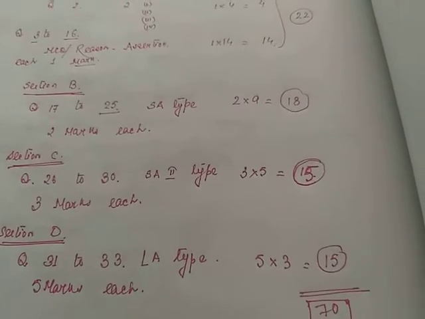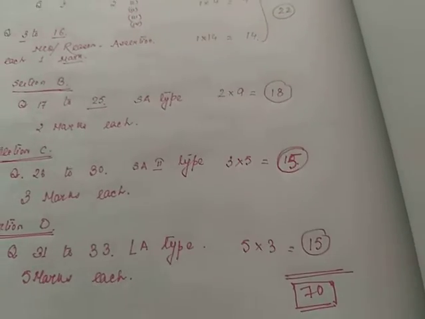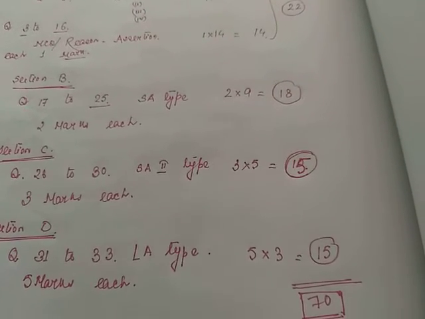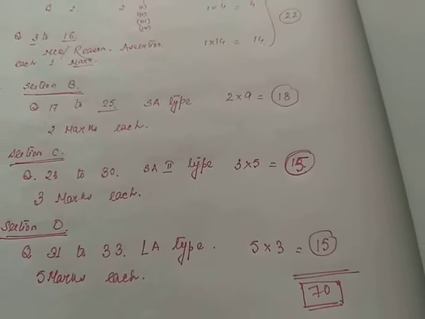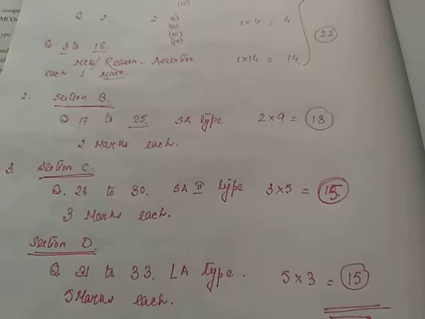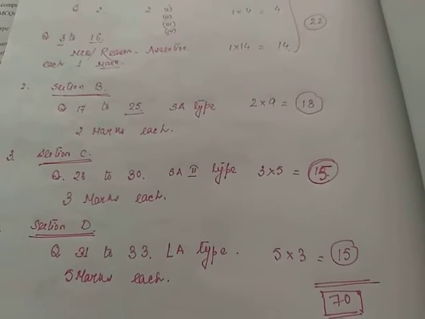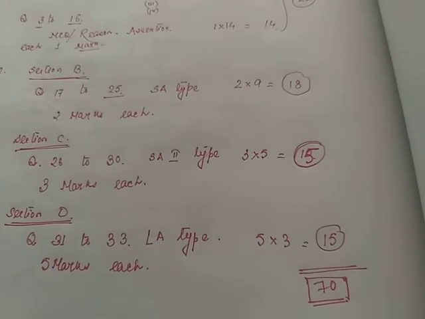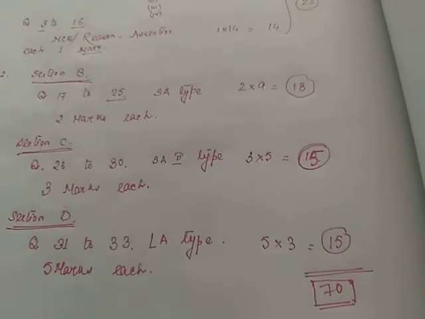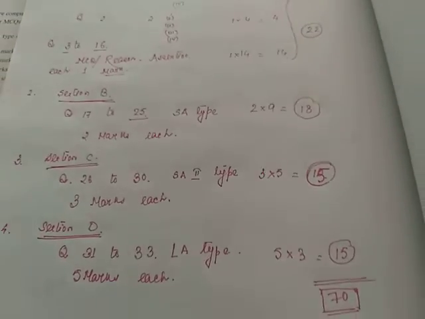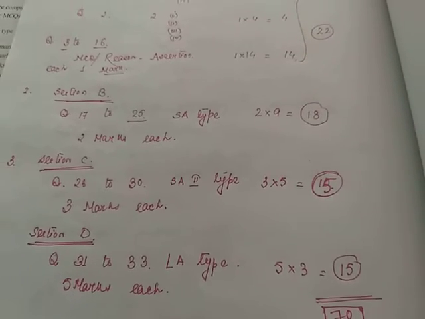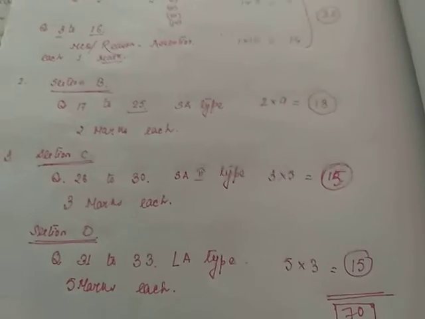5 marks means it could be 2 plus 3, it could be 2 plus 2 plus 1, or it could be 2.5 plus 1.5 like this plus 1. Or 3 marks questions are usually 2 plus 1 or 1 plus 1 plus 1 or 1.5 into 2 like this. These divisions are there. You do not have to write too much. In case of numericals, please make sure that you are writing the units and completing the calculations. Incomplete work is not encouraged, neither will you get any marks if the calculation is incomplete.